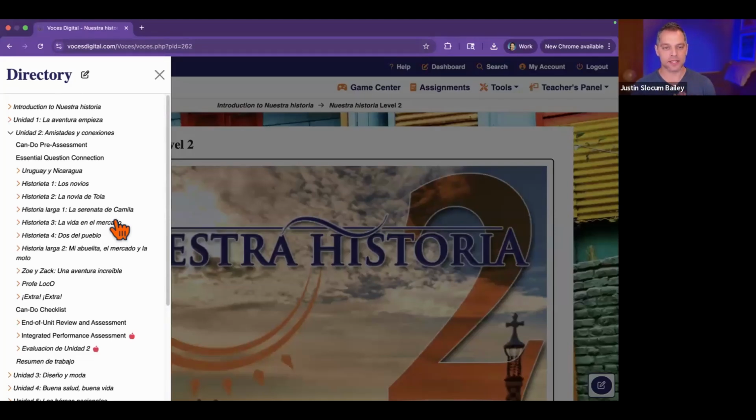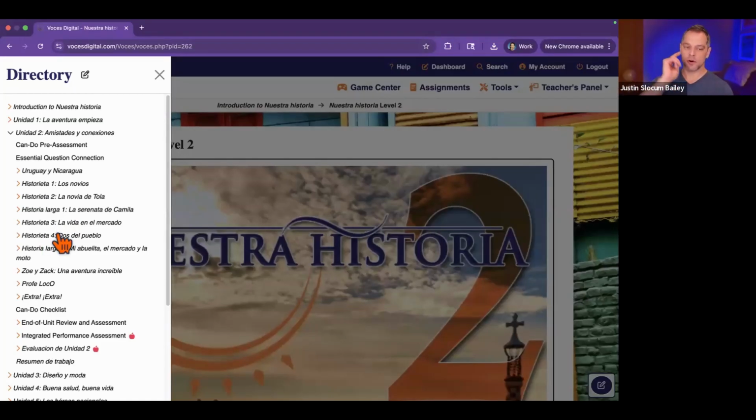Now, what I want to point out, and this applies again for all the levels, all the languages, is: how do I decide exactly which of these things to do? And if I'm going to skip some stuff, what can I most safely skip? In other words, even if I skip that, students will be okay. And in order to make that decision, what you need to know is that whenever there's a historieta, a short story, petite histoire in the French, Kurzgeschichte in the German, etc. So these historietas, of which there are these 2, and then another 2, number 3 and 4, that is where